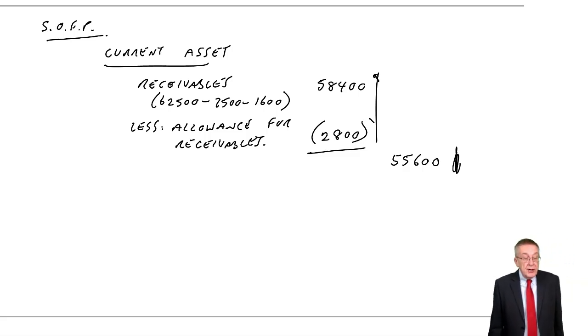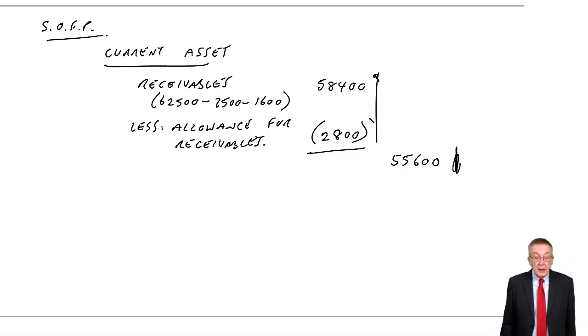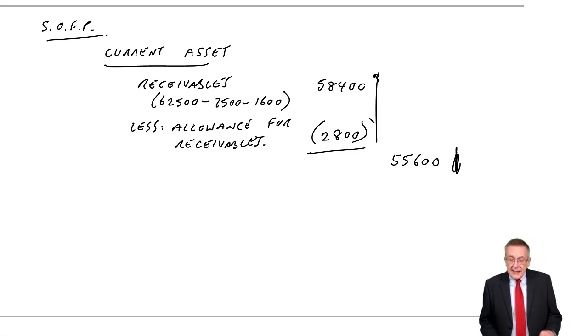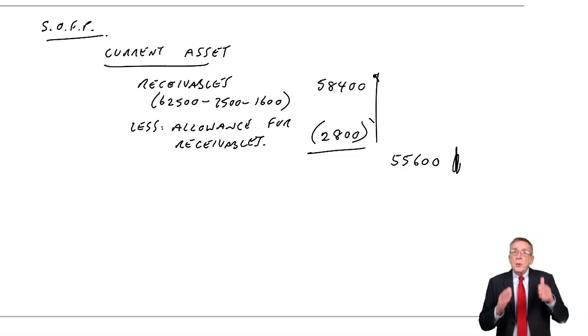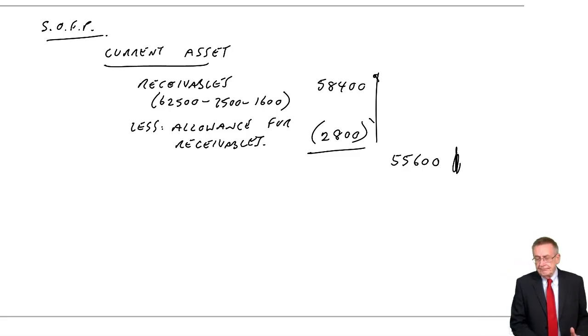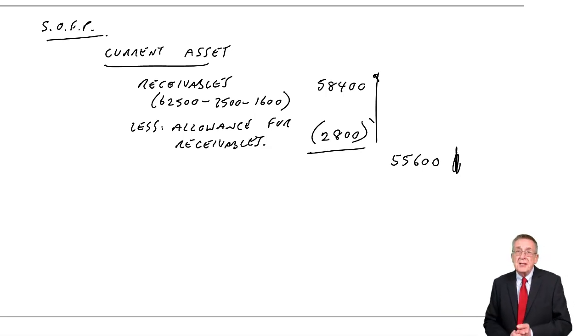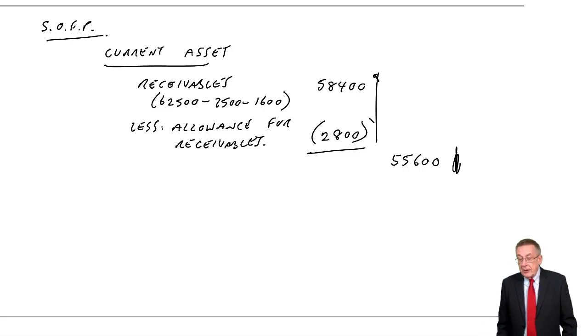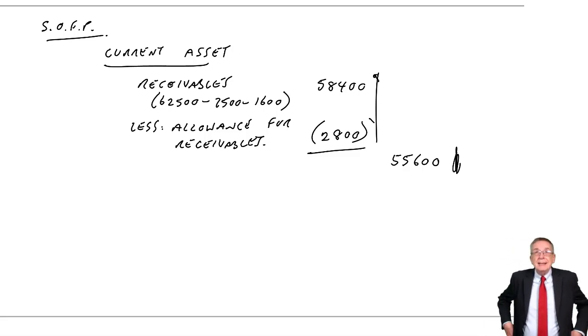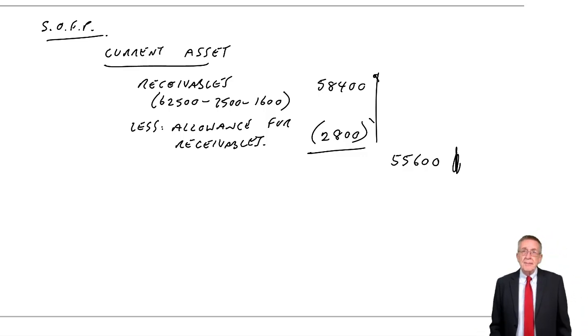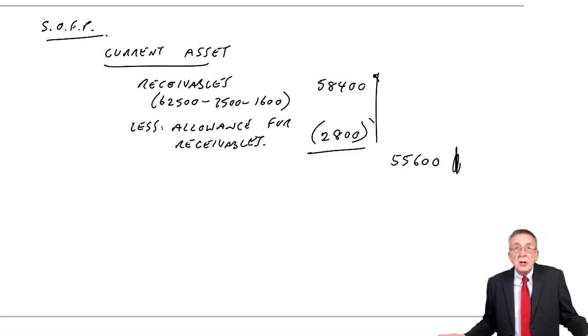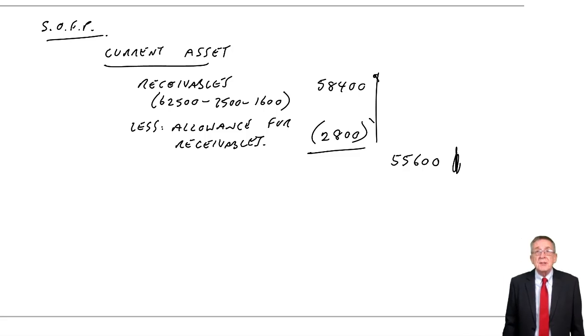It says here, Street has a policy of maintaining a general allowance for receivables of 4%. Now, what this is, you see, Z, we knew Z was a problem. Z perhaps has been owing us for ages. We know there's a problem. Fine, you've seen what I've done. The rest of everybody, the remaining 55,600, maybe they were all invoices that were sent out recently. None of those have been owing for a long time, and so they all look okay to me. I don't see any problem in those.